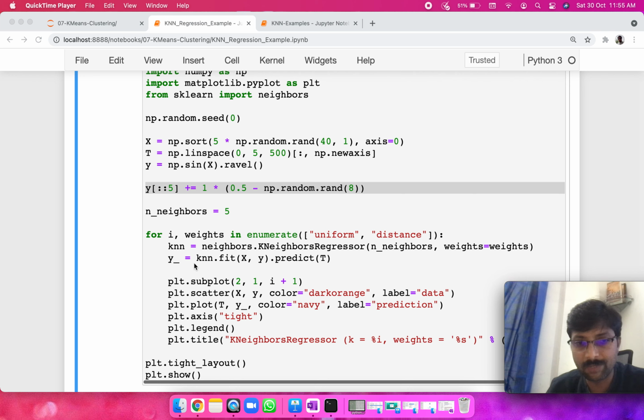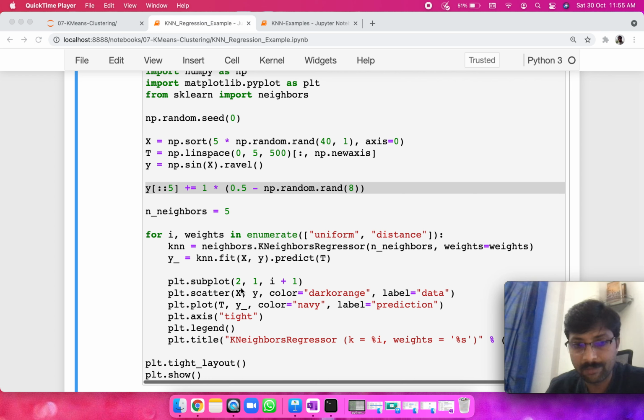The end of this is we have our model trained, and we are predicting for the values that we have got for the t, and we are capturing that into y hyphen. So now we are going to plot it, right? We want to plot both actuals and predictions. We will superimpose them on the same graph, right?